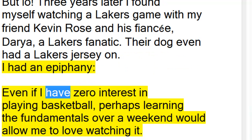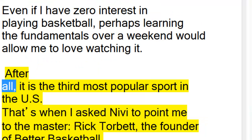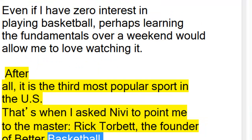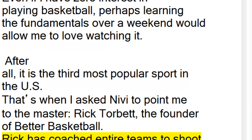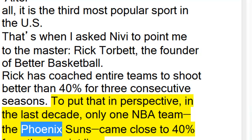I had an epiphany: even if I have zero interest in playing basketball, perhaps learning the fundamentals over a weekend would allow me to love watching it. After all, it is the 3rd most popular sport in the United States. That's when I asked Nivai to point me to the master, Rick Barry, the founder of Better Basketball. Rick has coached entire teams to shoot better than 40% for 3 consecutive seasons. To put that in perspective, in the last decade, only one NBA team, the Phoenix Suns, came close to 40%